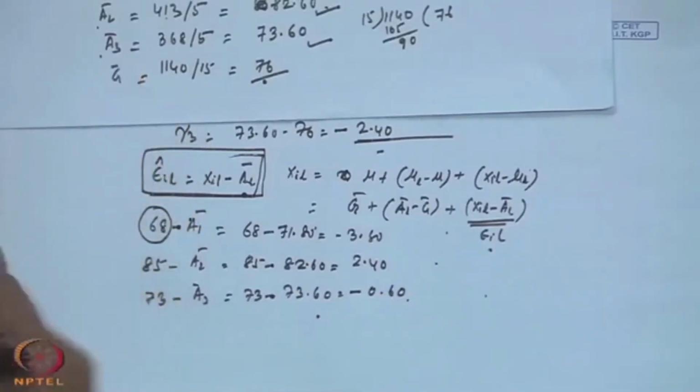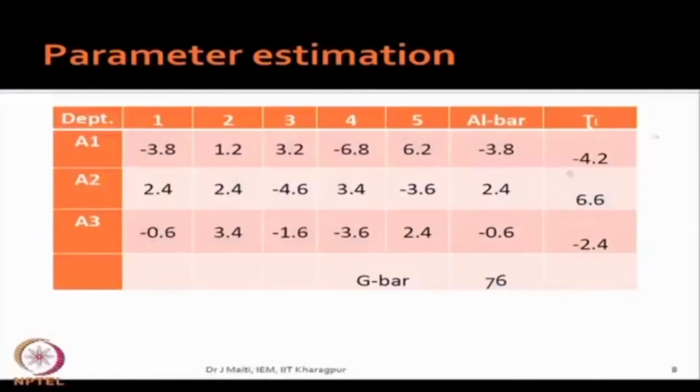So what I mean to say here is that for each of the observations you have already one table. Now, the means A1 bar, A2 bar, A3 bar you have computed. You subtract each of the cells across A1 by A1 bar. Similarly, A2 cells by A2 bar, A3 cells by A3 bar, and whatever you get, that is the error quantity. Correct. So once you know the error, you have to